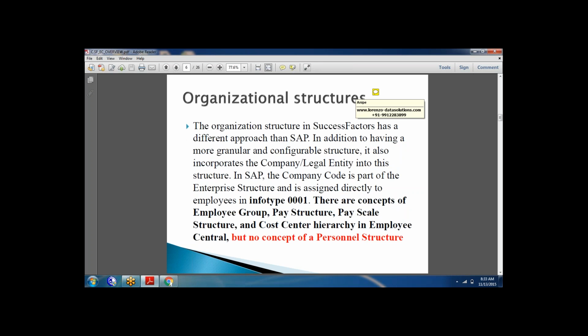Okay, the organization structure in SuccessFactors has a different approach than SAP. In addition to having a more granular and configurable structure, it also incorporates something like a company, a core, or a legal entity into the structure. In SAP, the company code is part of the enterprise structure and is assigned directly to the employees in infotype 1. But here there are concepts of the employee group, pay structure, pay scale structure, and cost center,